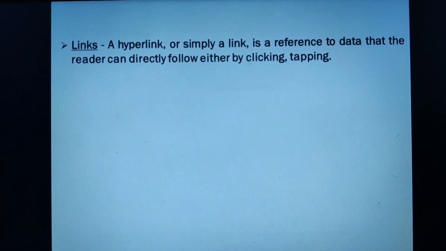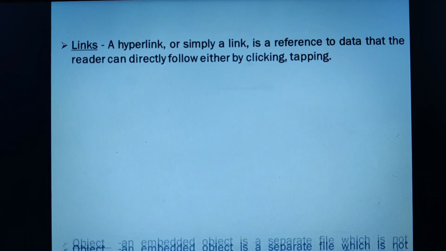We'll have a discussion and then I'll show you practically. What is a link actually? It's a hyperlink that may act as a reference for you, so that you can directly move on to a new document or go to different sections in your own document with a given document.